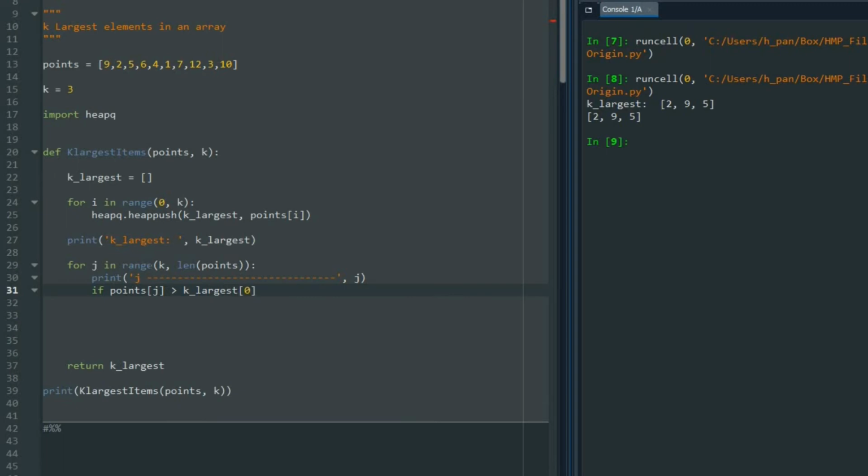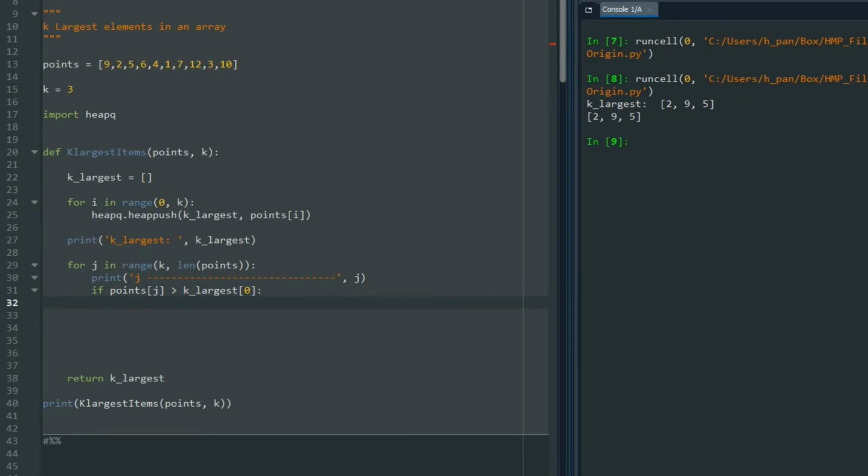So I need to do this. If you remember, k largest was the list we initially defined, and then we added 3 elements. The first element of that is always going to be the minimum value in that list. So here that's going to be 2. So I do that, and if you want to make sure what we have, let me just print